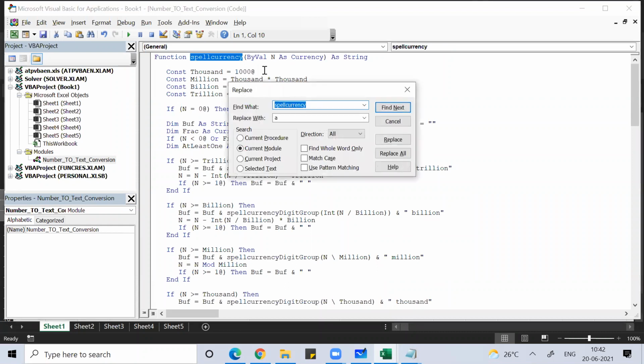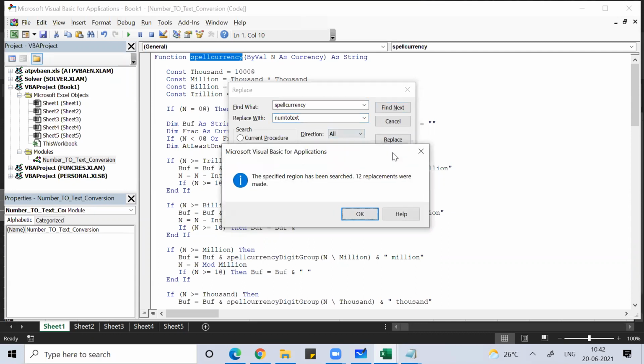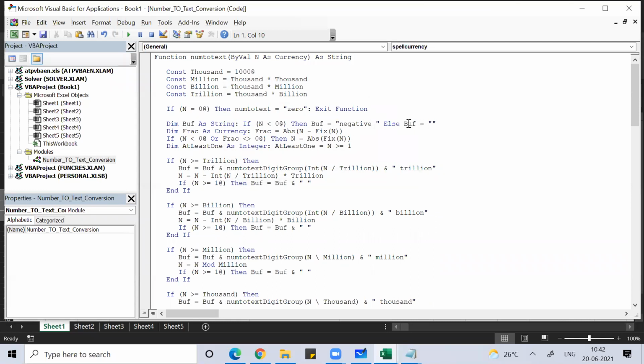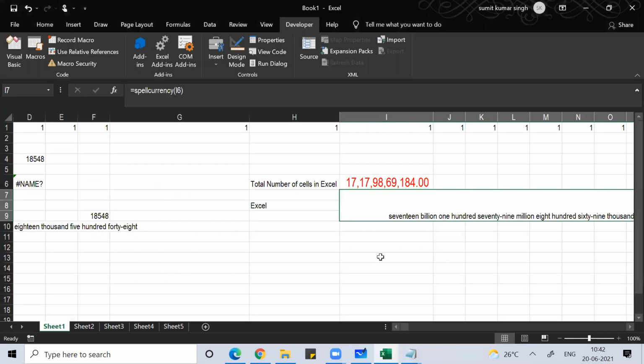So I'll do control H. I'll just replace spell currency with num to text, some function name so that it makes more sense. So you just copy that, control H for replace, find what spell currency, replace with num to text. So I did the replacement. Now Alt Q. Now this will make more sense.